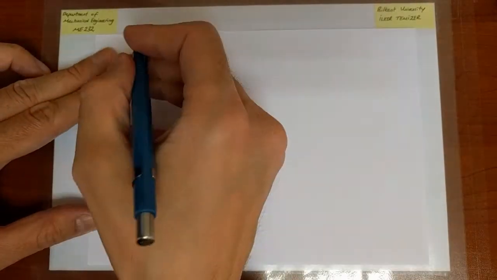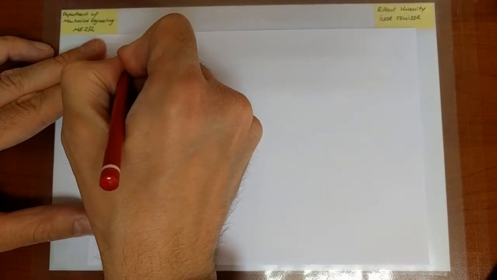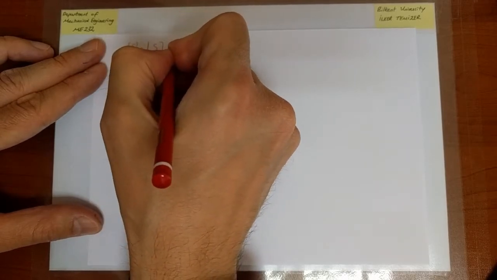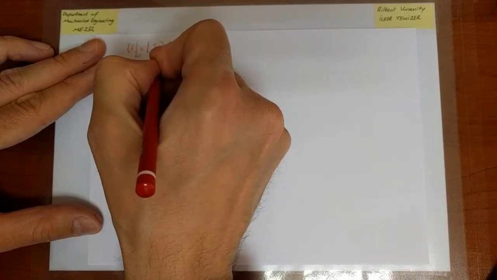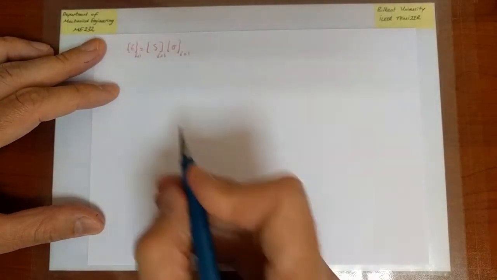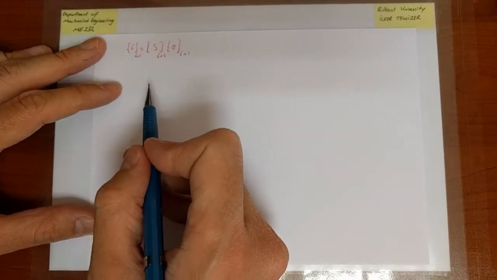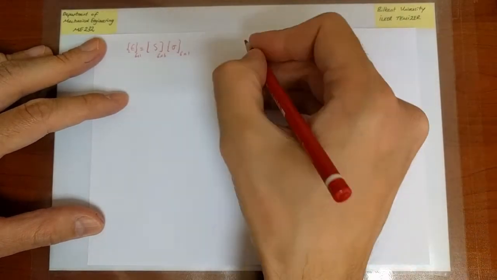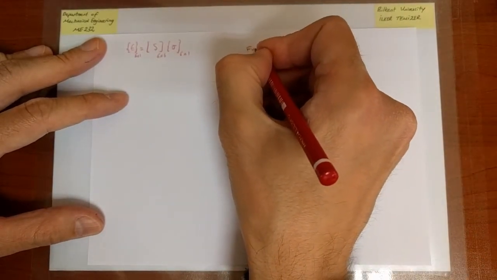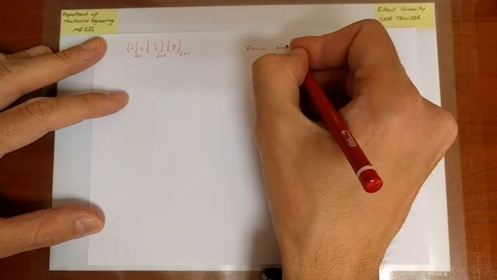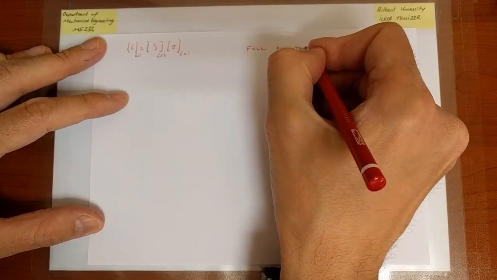Alright, so as promised, let us go ahead and write, based on the most general relation, epsilon equals the compliance S multiplying the stress, 6 by 1, 6 by 6, 6 by 1. Let us go ahead and write the explicit form of S for the case of anisotropy, for the case of, I'm going to call it full anisotropy. Full referring to the fact that I'm not going to make any assumptions on the constants that appear